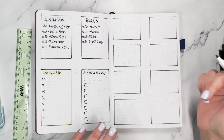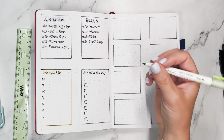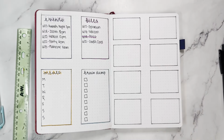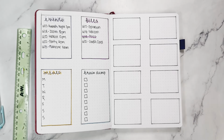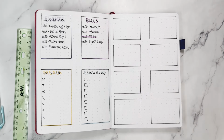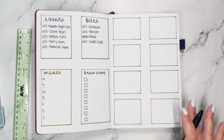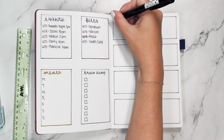And depending on how much space you need in the box, you can just do a little, let's do it this way. Sorry, I'm trying to decide how I want to do this. Depending on how much space you need in these boxes is how you'll decide how you want to date this, because while we do see a couple of dates over here, we're not seeing the entire week. So what I think would be really helpful for me in the type of week that I have is to just go really simple with